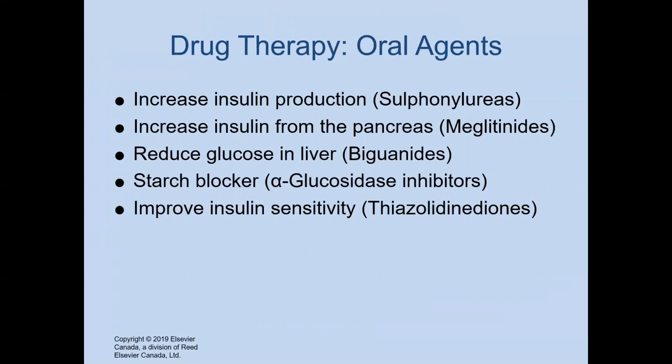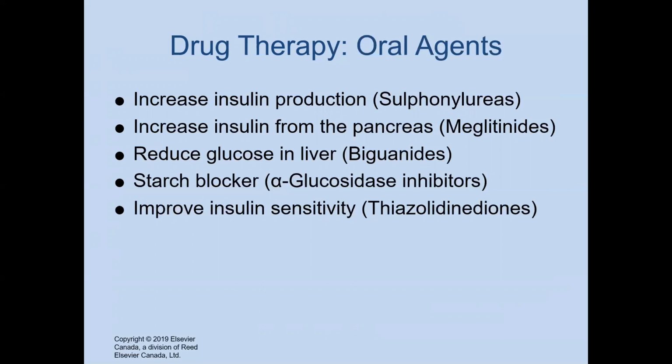When we think of the meglitinides, those would include things like gluconorm, which is repaglinide, sorry about that, and nateglinide, which is also called Starlex. Those increase insulin from our pancreas. Okay, so they increase insulin at the level of our pancreas. Another really common one that you see is metformin or glucophage. And that is the third category, which is a biguanide,